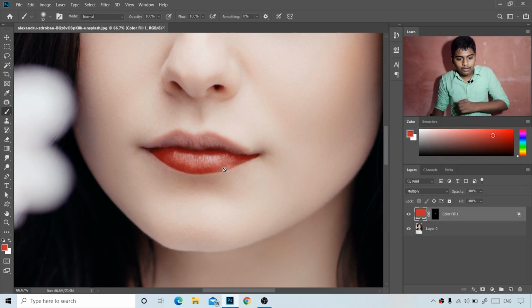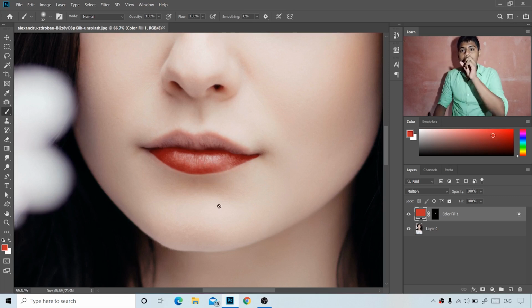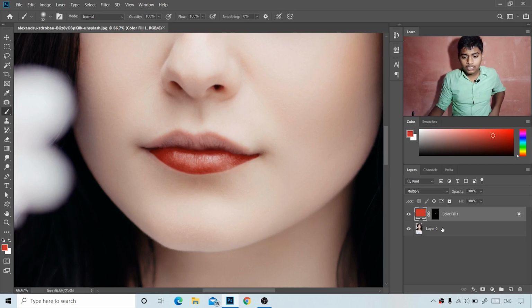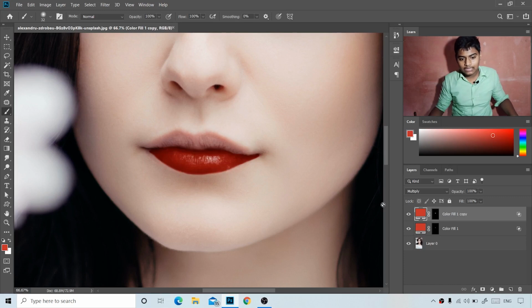Now we have to cover the brighter pixels. Means now this effect or this color is not applied to the brighter area of the image. So now we have to add a brighter area. What we will do for that is we will add the similar color, but we will apply screen blend mode, due to which, as we know, screen brightens. So here we will take the similar layer, press Ctrl Command J. What it does is it copies the similar layer.